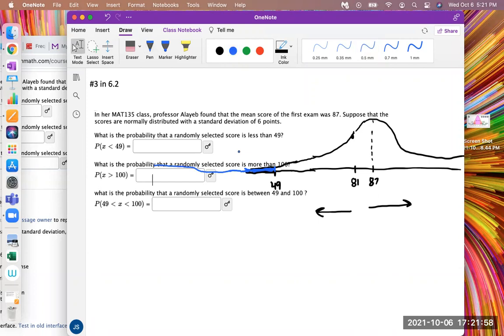Remember how I explained that the graph looks like there's nothing there, but there's a tiny bit of height to it as it goes out in that direction. So the best way that we can describe this interval is by saying it goes from negative infinity,